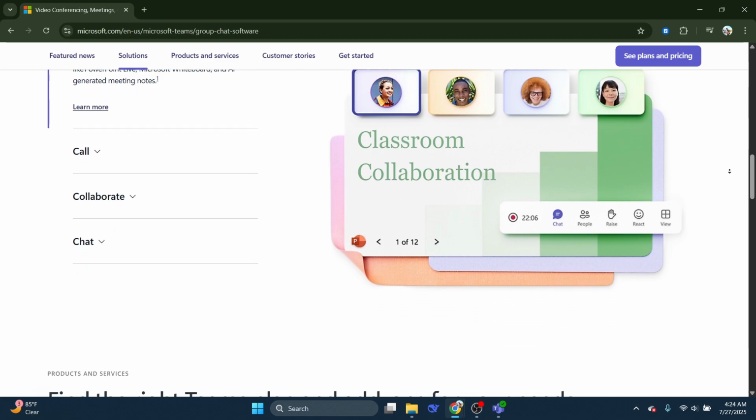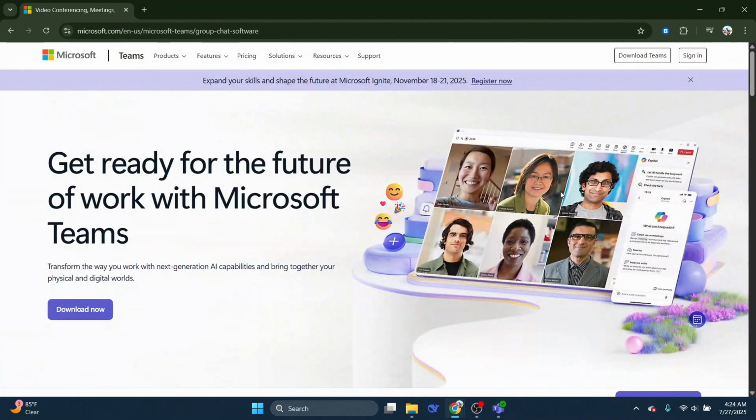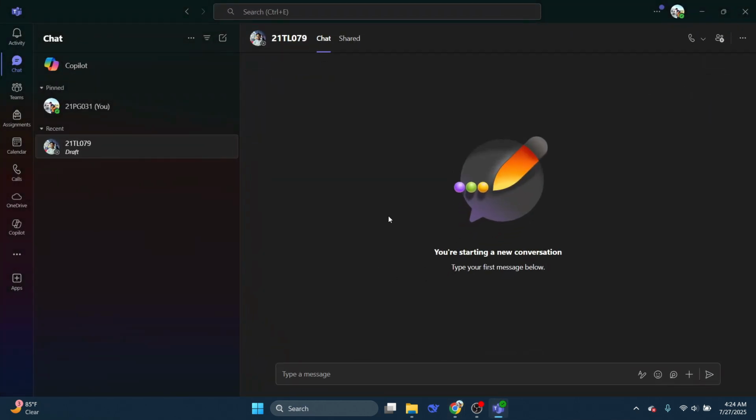First, you'll need to sign into Microsoft Teams. Launch the application on your device or access it via your browser, whichever way you prefer. Once the web page is open, you'll see the Sign In option. Enter your login credentials, which consist of your email address and password to access your Teams account, or open up